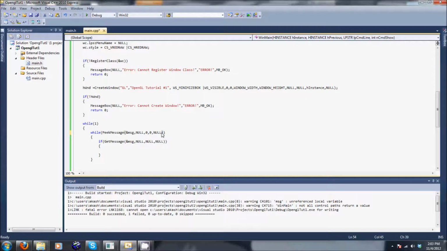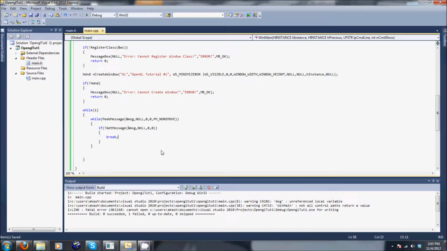And this should be PM no remove. And well, it isn't getting the message to close, so null, and these should be 0 and 0. We'll fill this in later, but for now just write break, and then